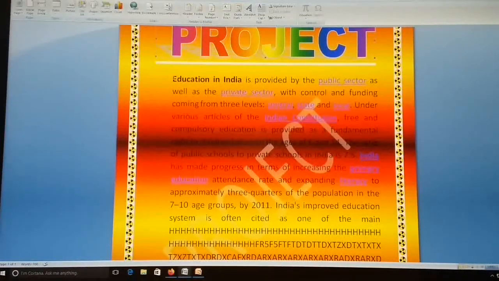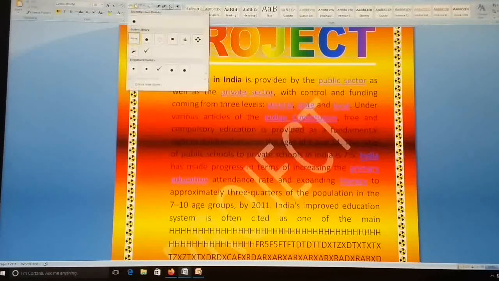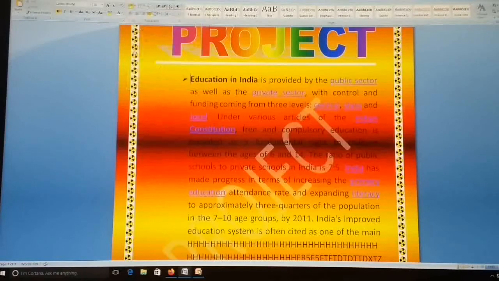Suppose you want to add bullets, then click the home menu. There is a bullet option, and you can choose according to your choice. You can click any bullets, or you can use the number option also.